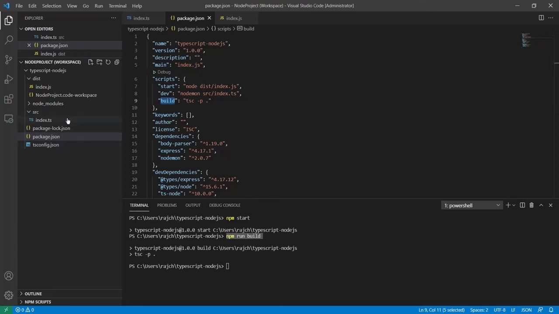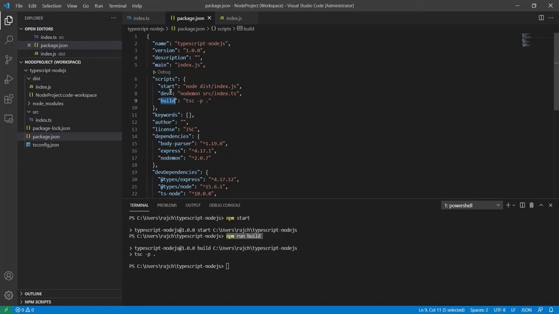I have added the TypeScript configuration in the tsconfig.json file, in which I have described that our source code, which I am going to modify, will be inside the src folder, and whatever code is generated in JavaScript after compilation will be available in, or overwritten inside, the dist folder.